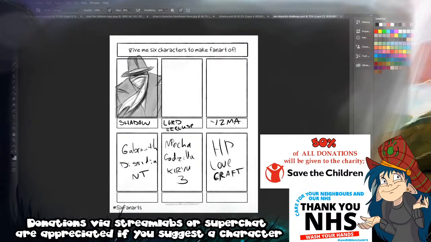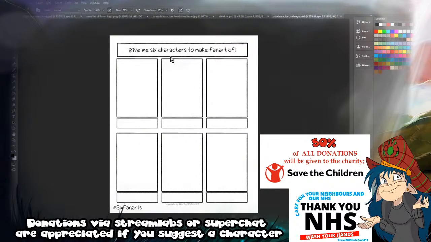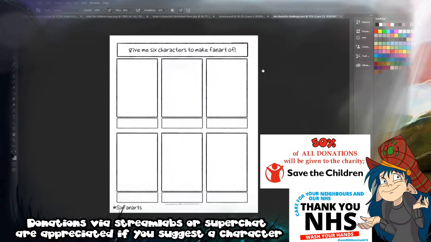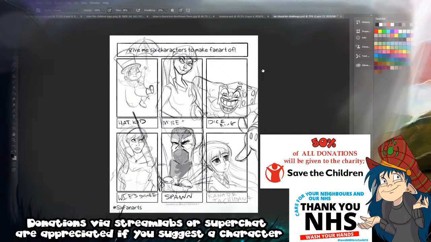For those that have just joined, I'll just show you what we've been doing. On sheet 1, we've got Velvet from Them's Fighting Herds, then Captain America, then Max from Sam and Max, then Keldeo from Pokemon, the Mandalorian from Star Wars The Mandalorian, Mistmane from My Little Pony. Then page 2 we have Hat Kid and Imres from Star Trek The Animated Series, Dice King from Cuphead, then Waishni from Ruby, I hope I'm saying that name right, I have no clue, I don't watch Ruby, Spawn from Mortal Kombat,